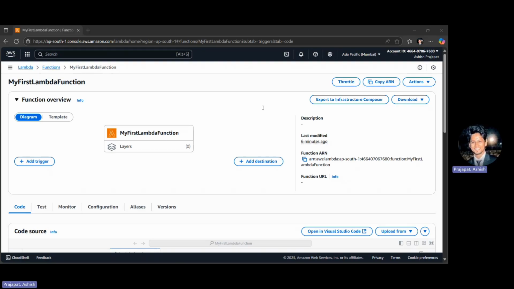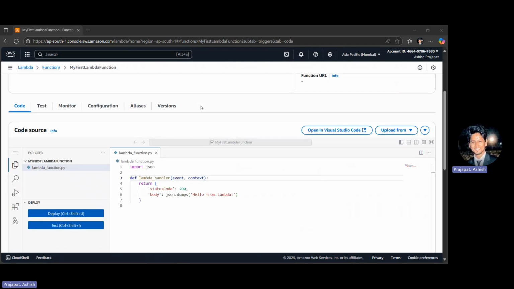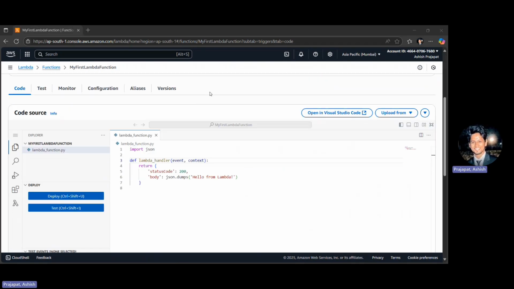Alright, let's get our hands dirty and build this connection. We are logged into the AWS Management Console and I have navigated back to the first Lambda function that we created in the last video. The first thing we need to do is modify our function's code to show us what's happening. Right now it just says hello world, hello from Lambda. Let's change that. I'm going to scroll down to the code editor and add the key to making our function useful, which is this event parameter